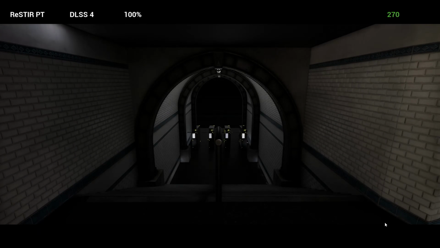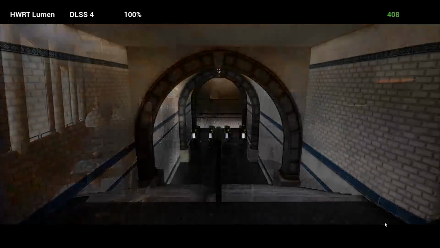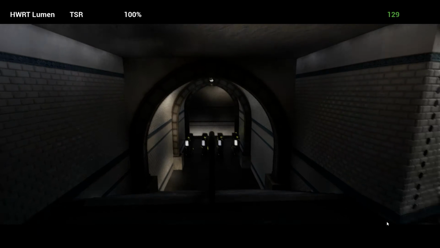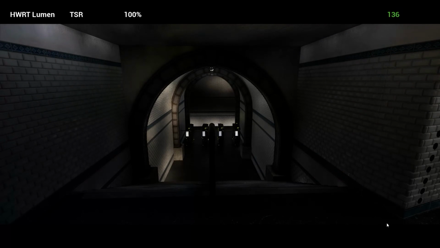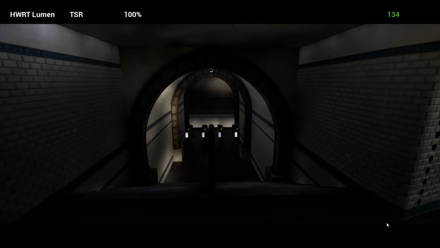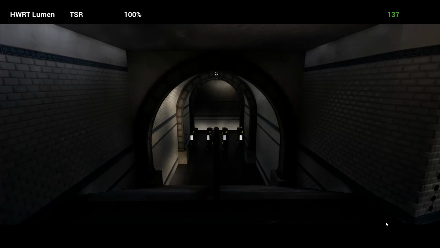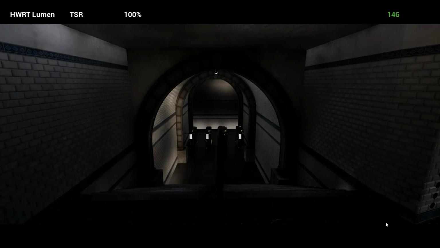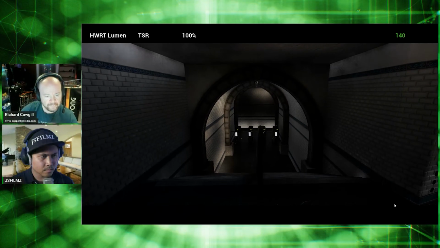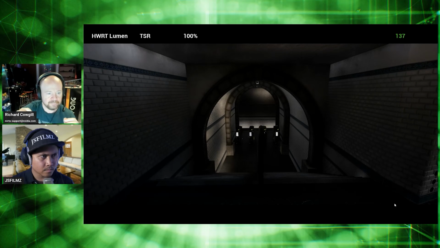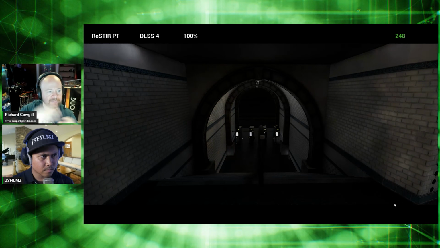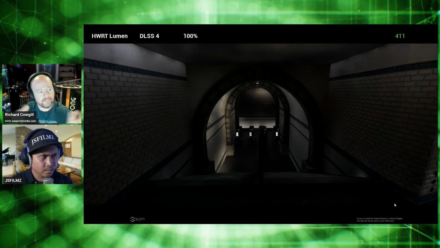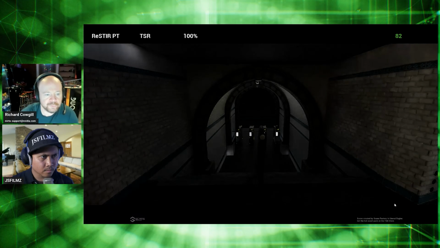If you switch this to hardware Lumen and look down here, TSR hardware Lumen, you can see what that looks like. I mean, you can fix that to a point, right? With hardware Lumen, you can crank the values up. You can increase your detail resolution. It'll make Lumen slower, but you have those options to try to improve